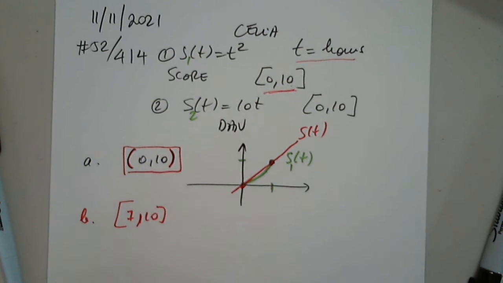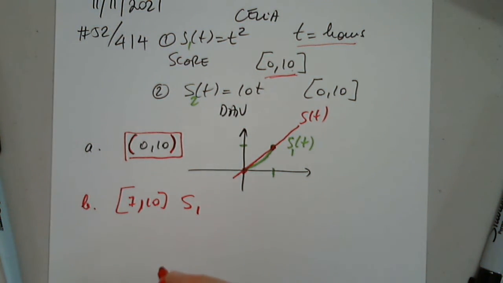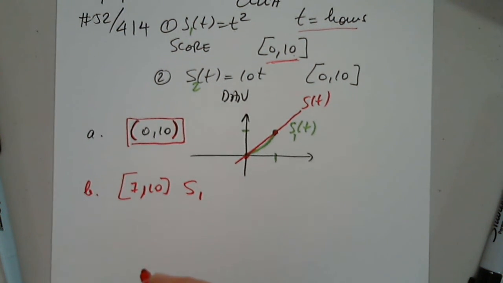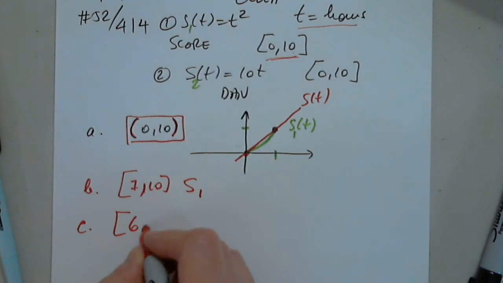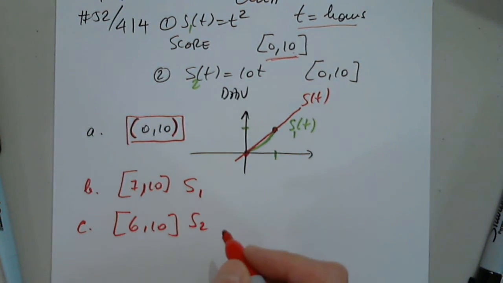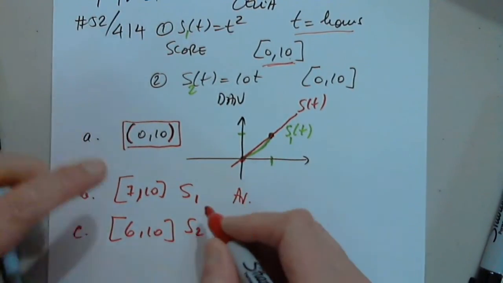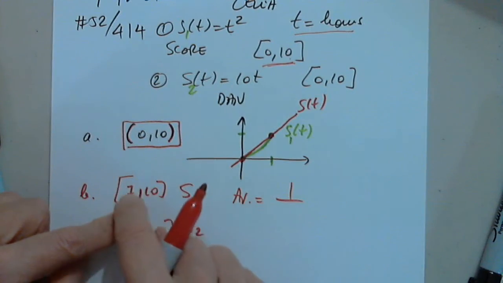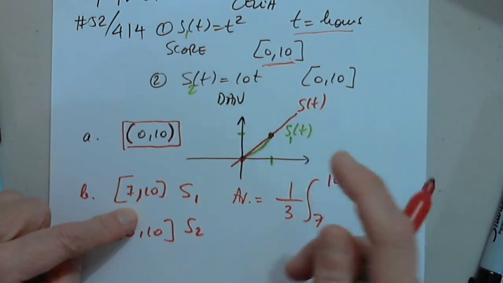Yeah, for part C, okay. Part C is the same thing. So this is just for S1, but part C is for S2. Okay, so between 6 and 10 for S2. They said the average value. Good. So the average here is 1 over 10 minus 7, which is 3, the integral from 7 to 10